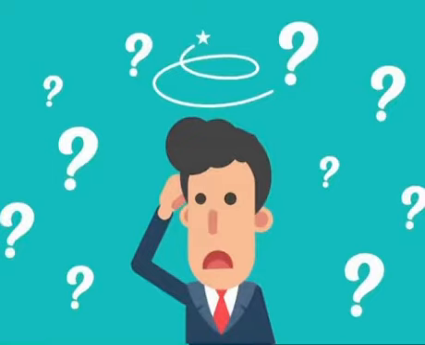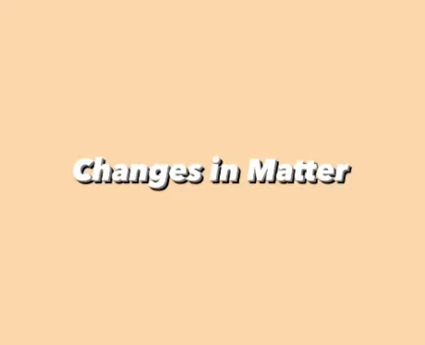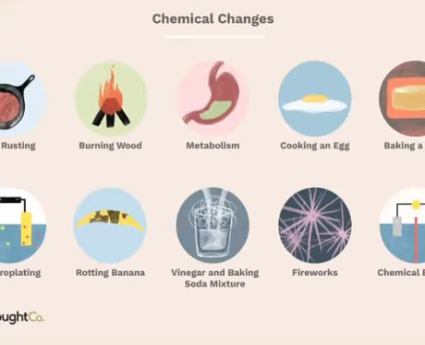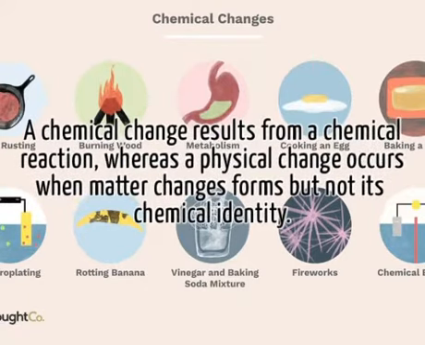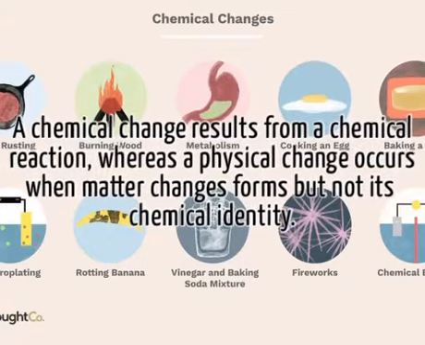Are you confused about the difference between chemical and physical changes and how to distinguish between them? Well, today we are going to discuss the changes in matter. Chemical change. A chemical change results from a chemical reaction, whereas a physical change occurs when matter changes forms but